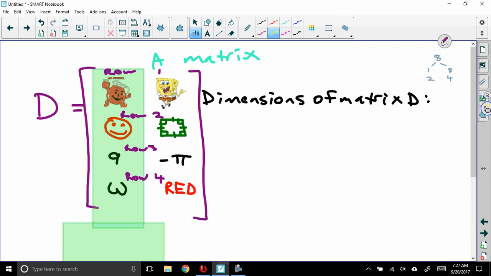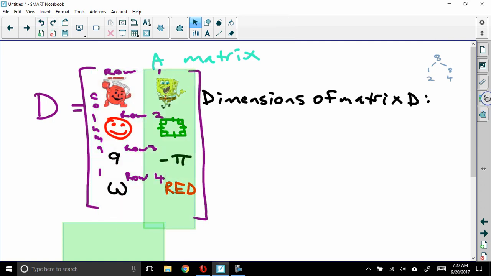Similarly, going downward, this is column 1. And oh, let's try that one more time. All right, smartboard, you win. And over here, this is column 2. So when we talk about the dimensions of this, some people are going to say it's